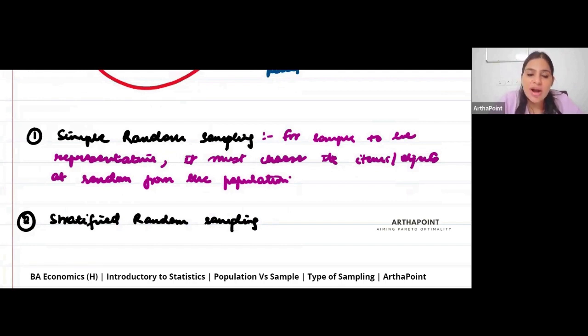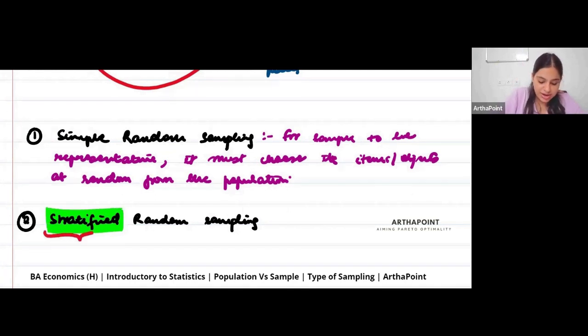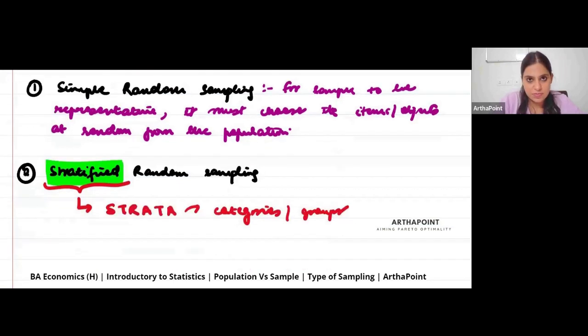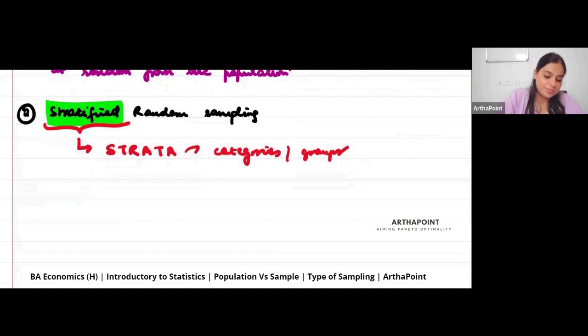But in stratified random sampling, we go ahead and form strata. The word stratified comes from strata, and strata means categories or groups. So what does this mean? For example,